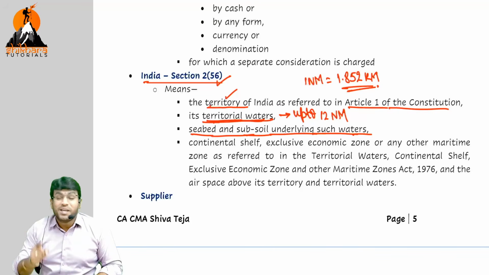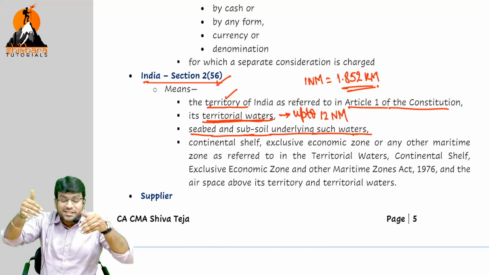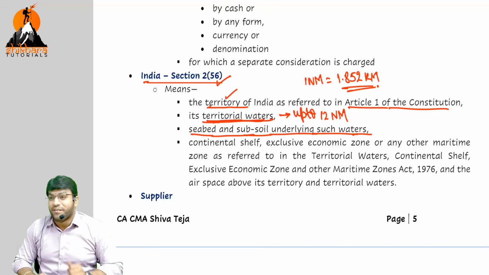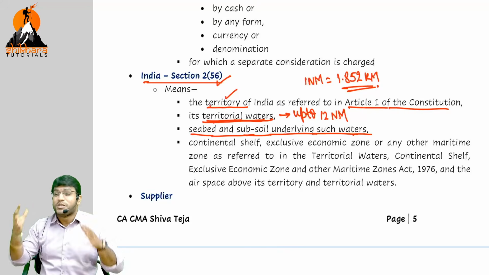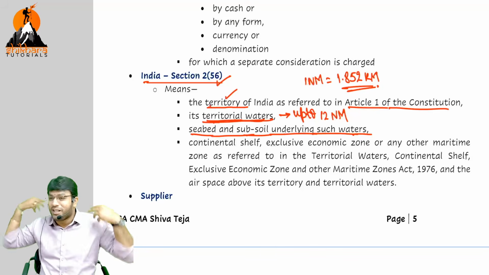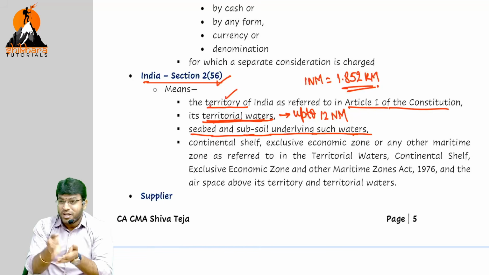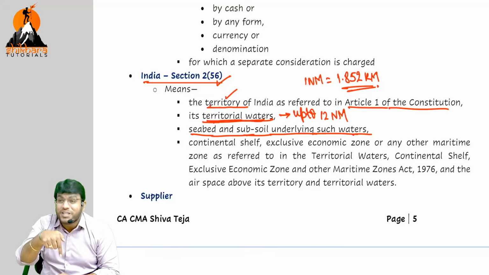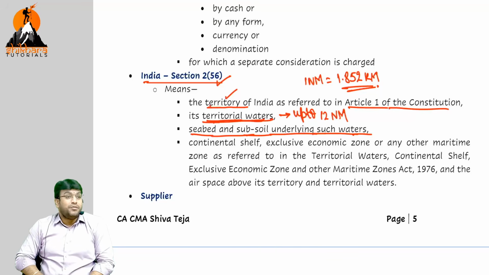Imagine Andaman. Andaman is a part of India. When you go to Andaman, there is one special activity you can do there, that is scuba diving. They put on the helmet, the cylinders on the back, and go inside the water. And that is not free of cost; you have to pay money. The activity is going on inside the water, still you pay GST. Wherever you go, GST will follow.